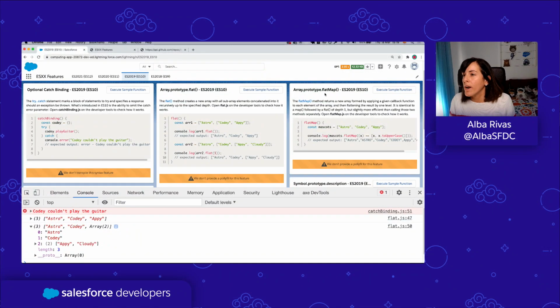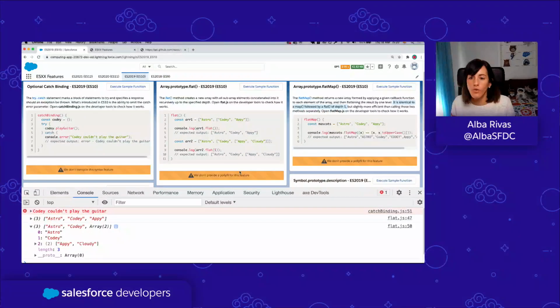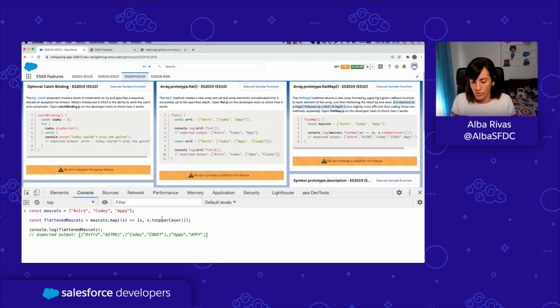Then we have array.prototype.flatMap. This method is identical to executing first a map function and second a flat function with a depth of 1, but it's slightly more efficient and it's also going to save you some lines of code. So I recommend you to use this one. What we're going to do is to first execute the example using the two functions separately. So let's say that I want to,